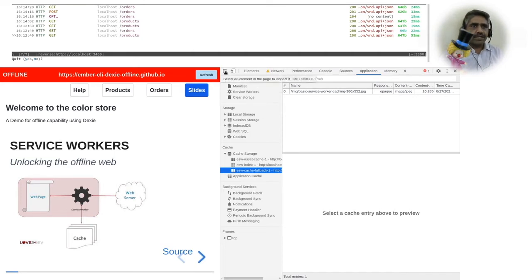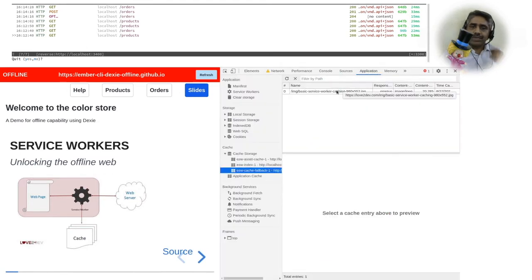The image is actually an HTTP request. It links to love2dev.com. I've linked the source here. Because this is an HTTP request, we have configured the asset cache fallback add-on to cache this request for us, so that when we are offline, it serves it from the cache.